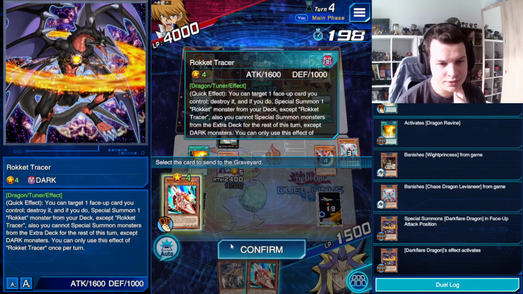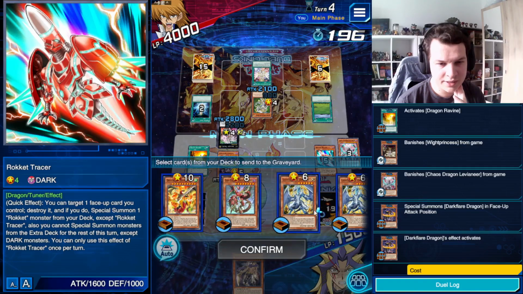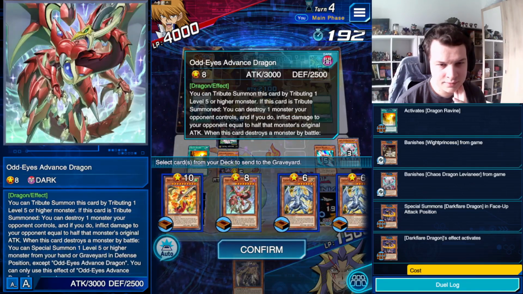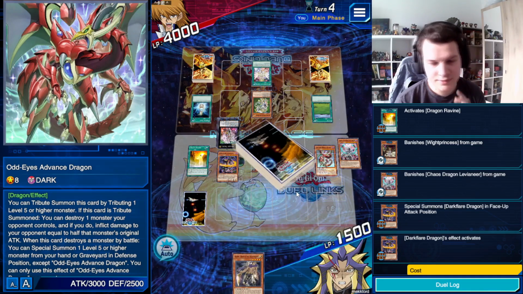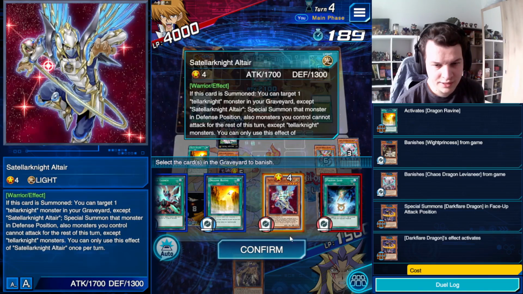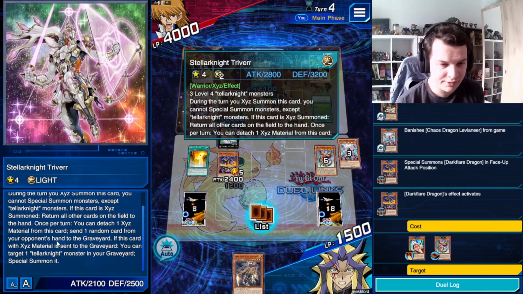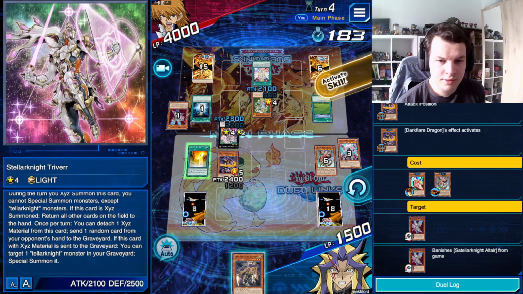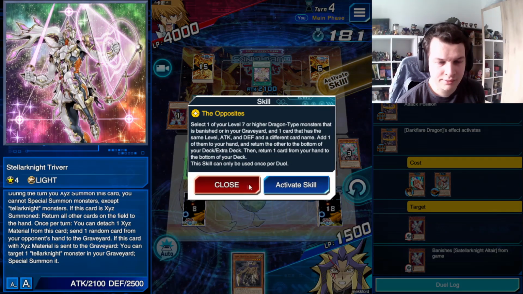We are going to send Tracer from hand and send Arise Advance. And then I'm gonna banish a card from his graveyard. It's gonna be Altair. This summons from grave, right? Yeah, it does. Now I can activate this skill to get back the...